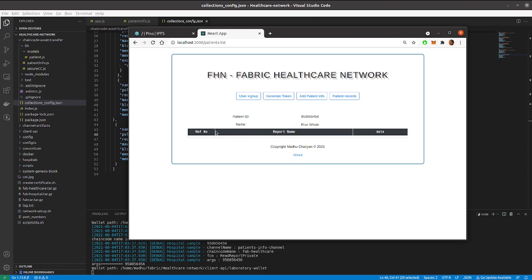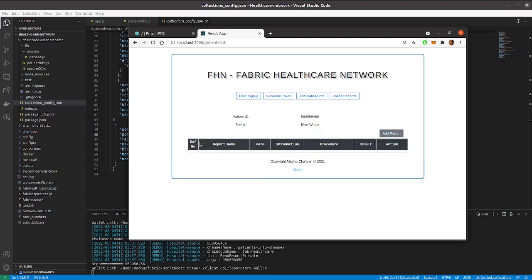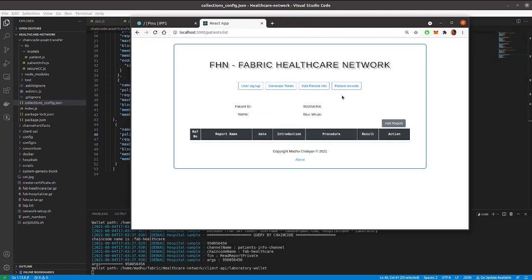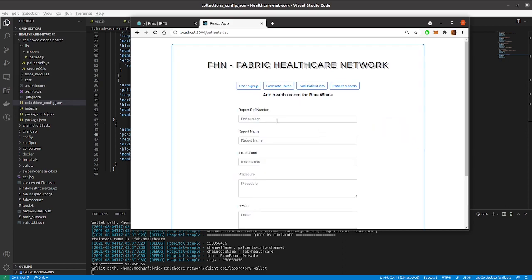You can see the fields. Now there are additional columns available here. These columns are private details. If I add a report, the lab user will have the option to add reports.